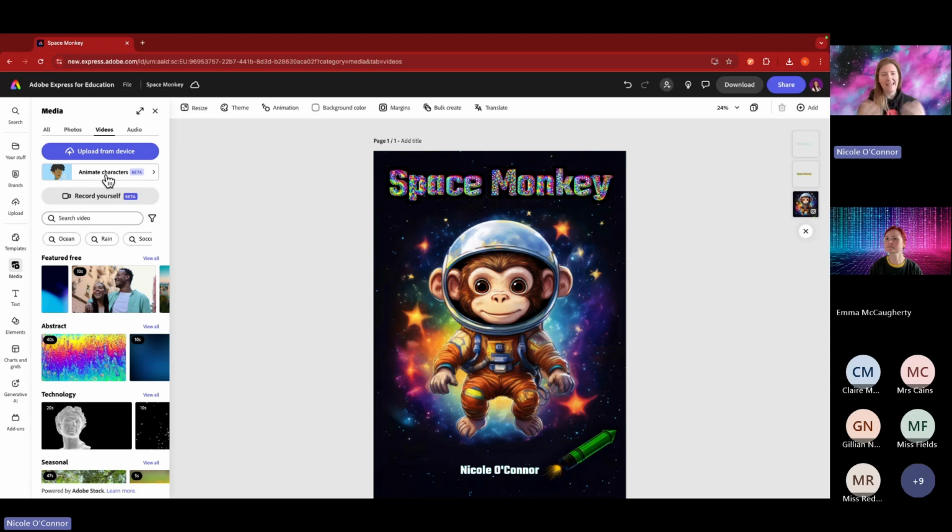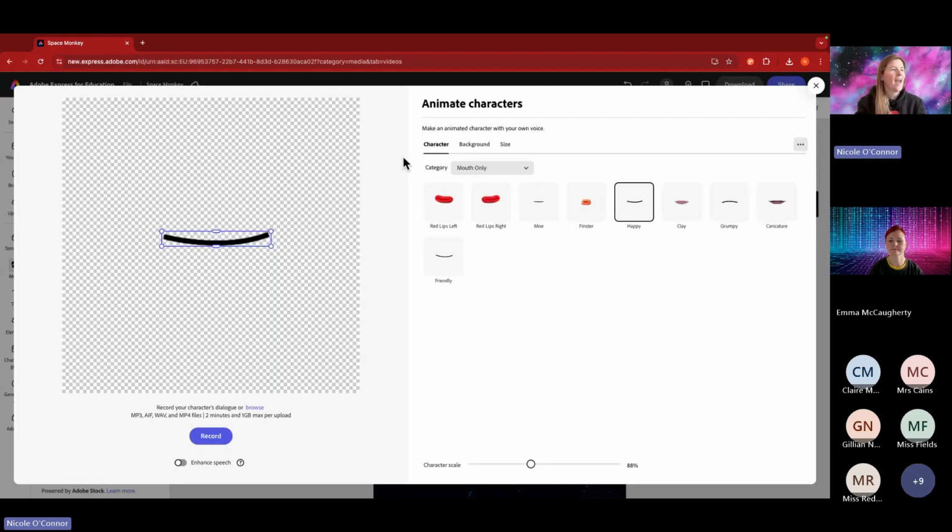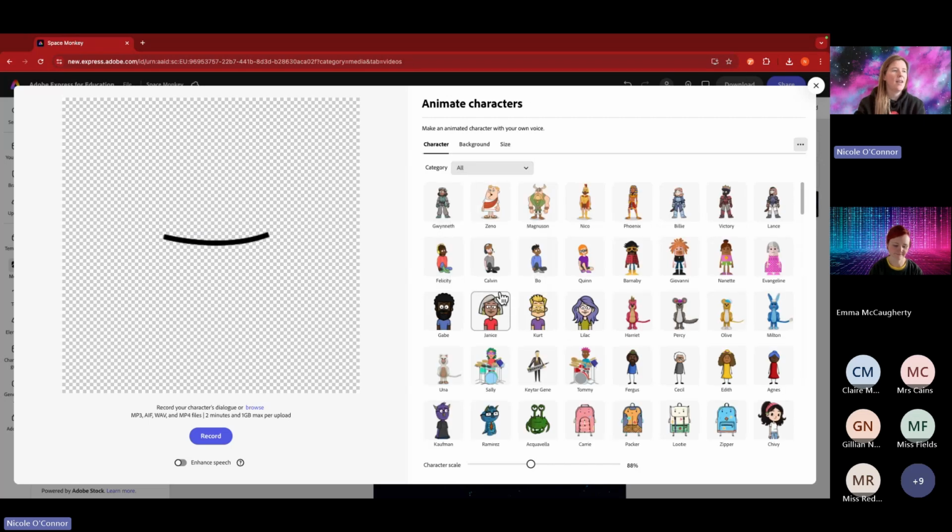So sometimes we talk about hidden AI in Adobe Express, like remove background, like putting something in and removing the background would be hidden AI. But so is animate characters. So I'm going to click in here, and again, you've got over 100 characters to choose from. You have categories. If I just go up to all, you'll see that we have some perfect ones for